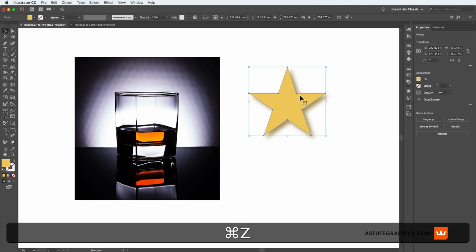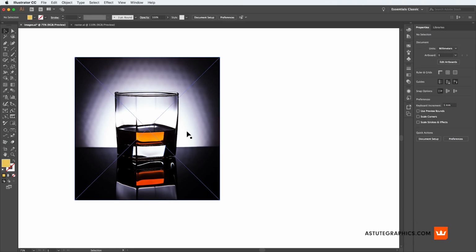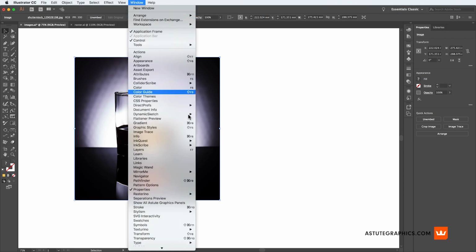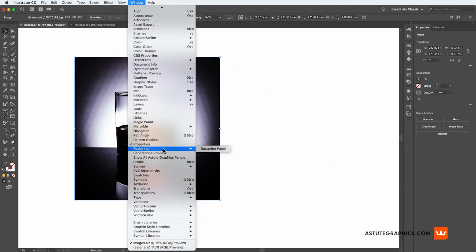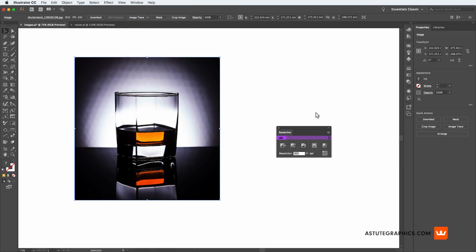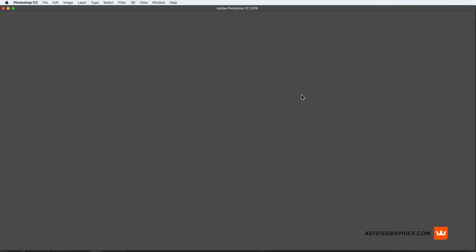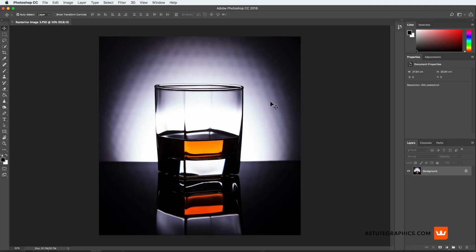So if we're just editing an embedded image, the first thing we need to do is check our image is embedded. To do this, make sure your image is selected and then go to the Embed button on the Properties panel or in the control bar. I'll use this one. Then go to Window, Rasterino panel. And with your image still selected, click the Edit button on the Rasterino panel. This will open the image in our default image editing program.